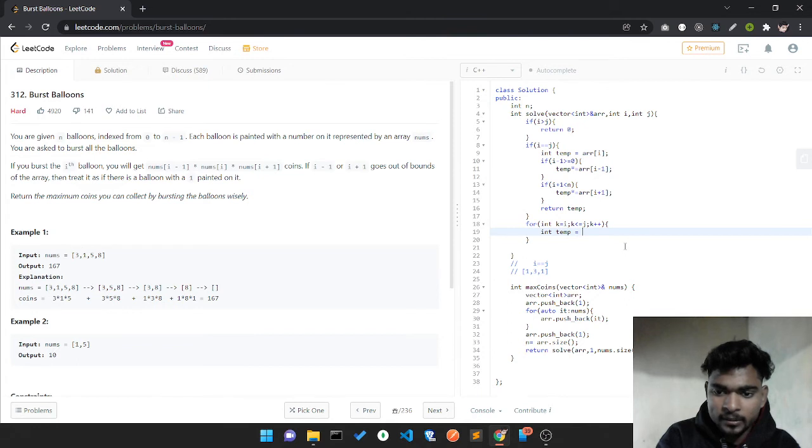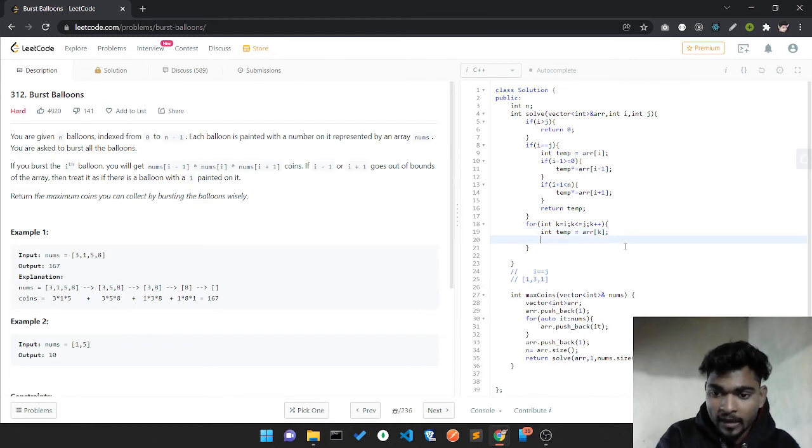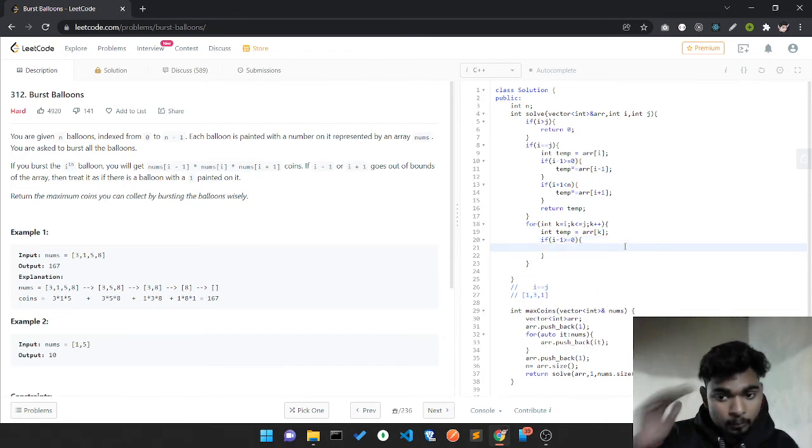I have to pick the element array[k] and multiply with its neighbors. If my i minus 1 is greater than or equal to 0, for out of bound cases, then I'll add it: temp star